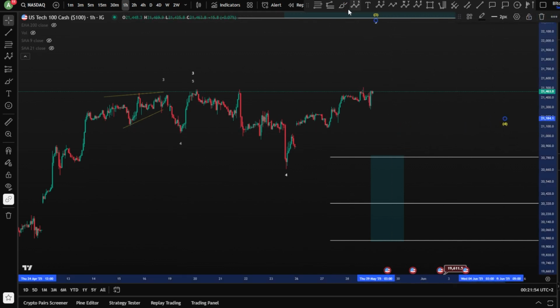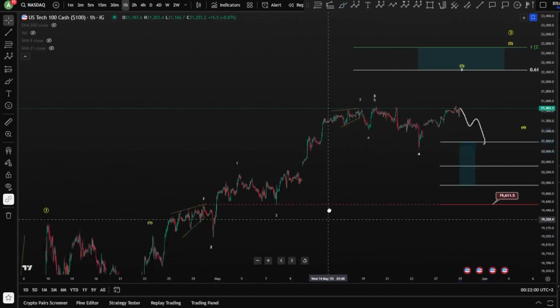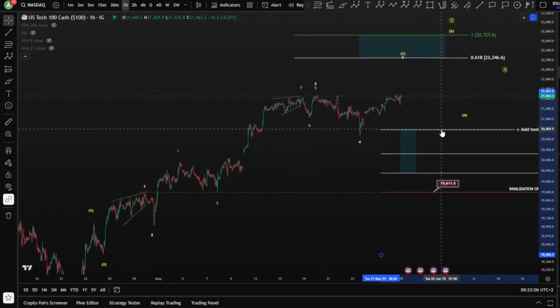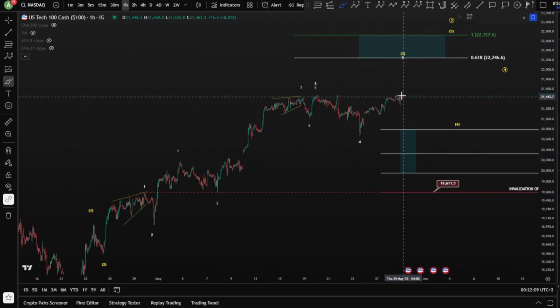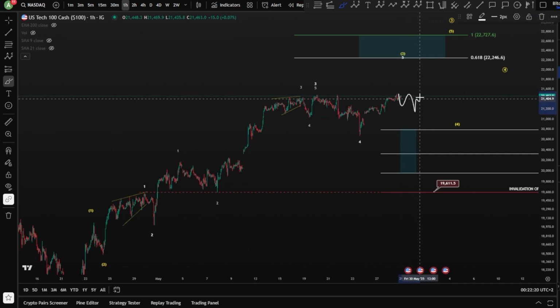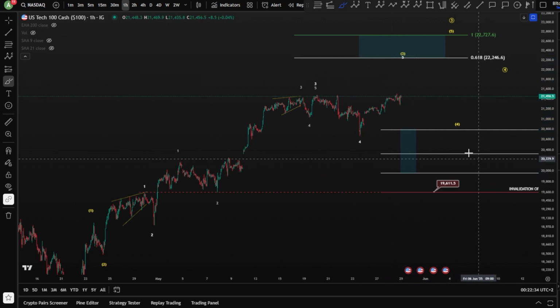It can also not be, because I'm expecting a deep wave 4 based on alternation, since wave 2 here in the yellow is a very shallow one. I would like to see a zigzag for this wave 4 here. Therefore, yes, it depends how the character of this corrective wave is going to be. An expanding flat can be aggressive, but you would like to see something even more after it, like 3 waves down, 3 waves up, 1, 2, 3, 4, 5 again, to be very deep, and then moving toward the upside. But currently, it shows some strength toward the upside, meaning this wave potentially is not finished yet, guys. We might see some higher prices.